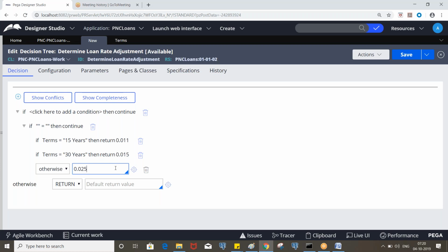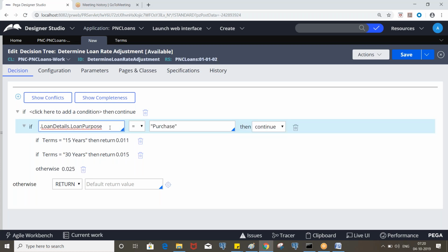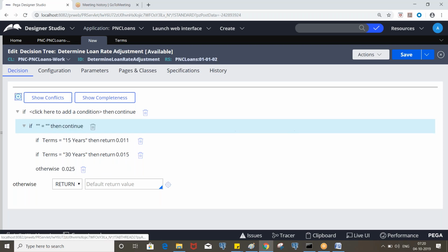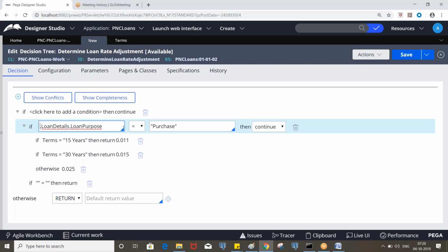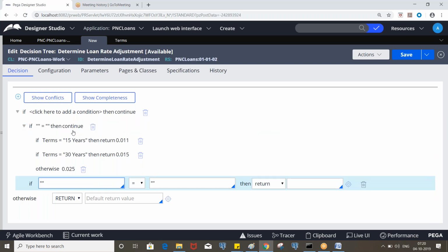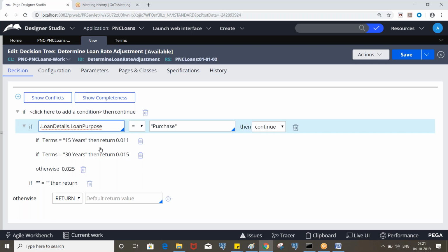Okay. Now it is home loan, but it is not purchase. The purpose is not purchase. So yeah, put the cursor here, add one more row. This is adjacent to this step, like a sibling step, not a child step. So if it is purchase, it will come here and check the loan terms.